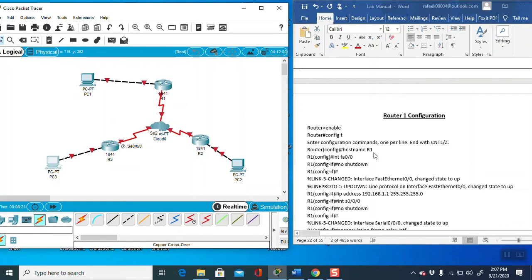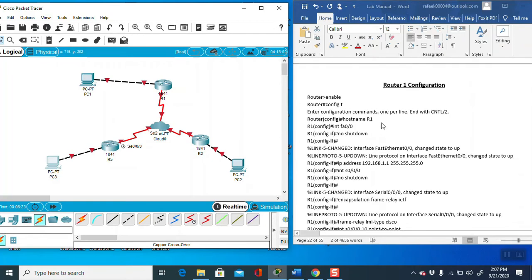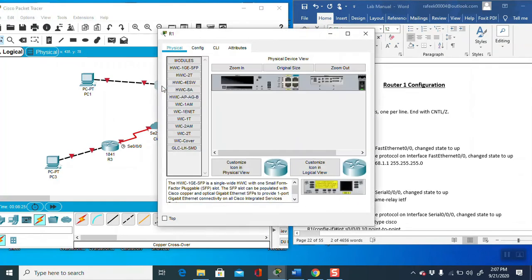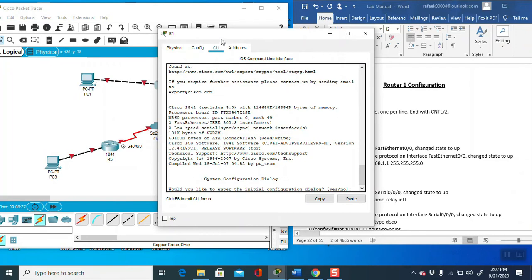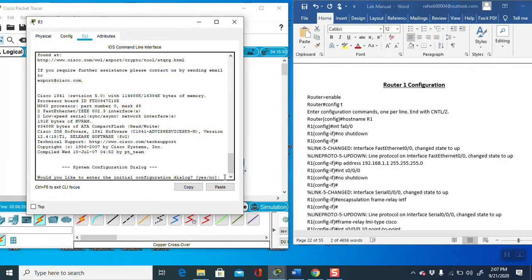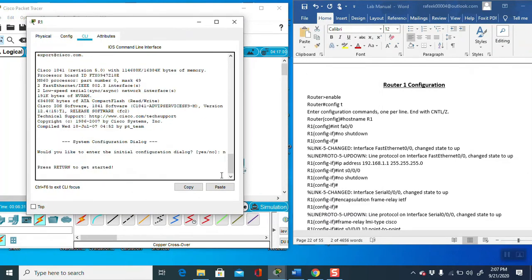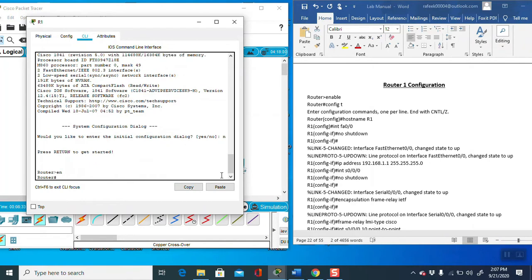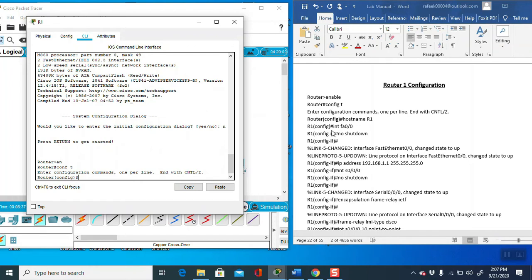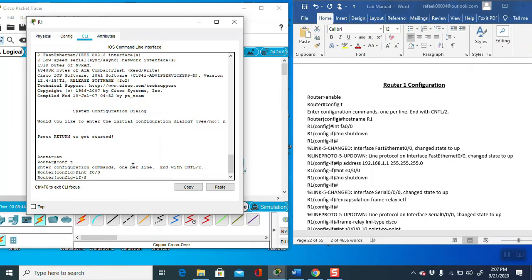Now go to the router configuration. Router 1 is this. Click this router, then click CLI. After this, type n, then write enable, then type configure terminal. Then take the interface F0/0. I am using the same, so no worry, you have to write the same F0/0. Now you have to turn on the port, so no shutdown.